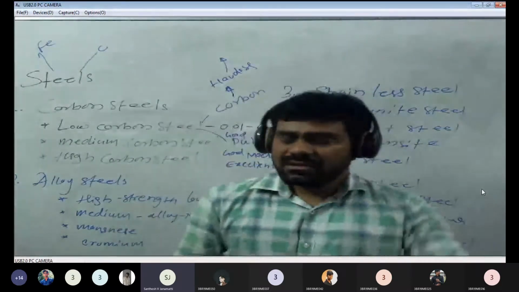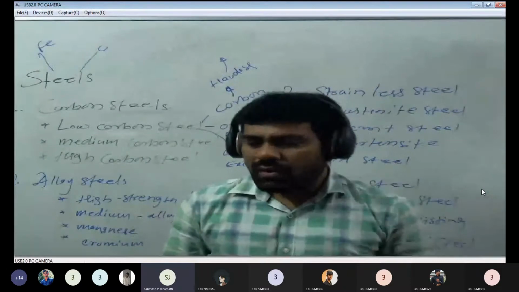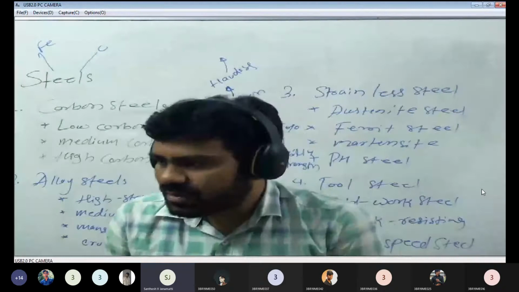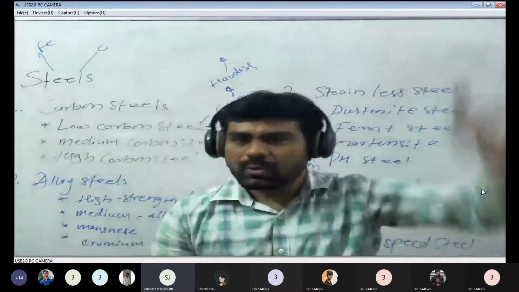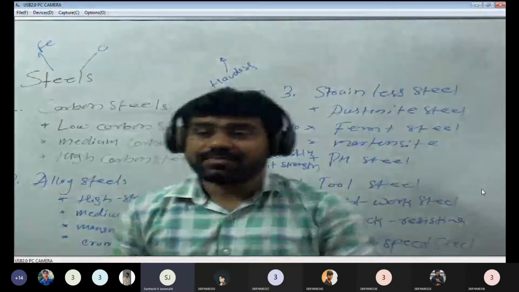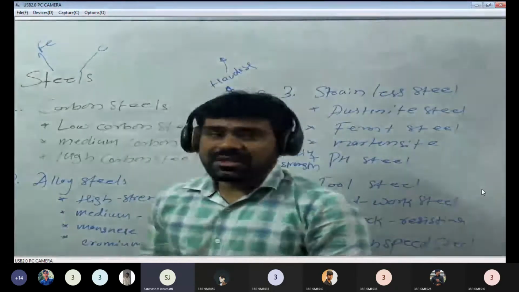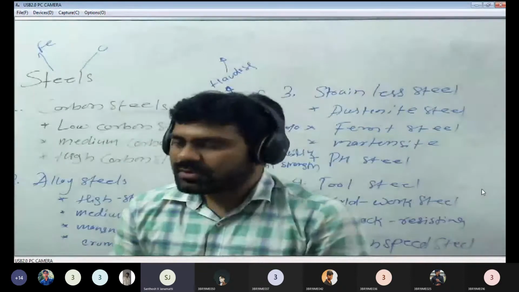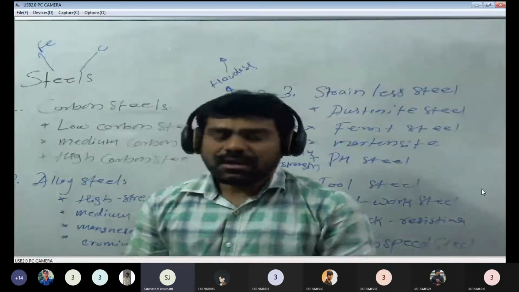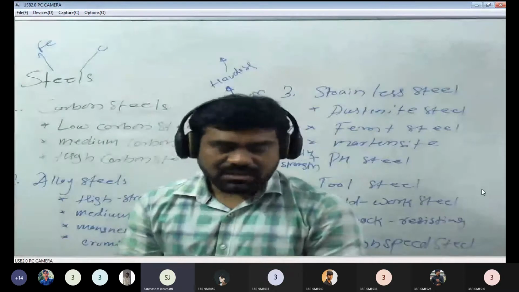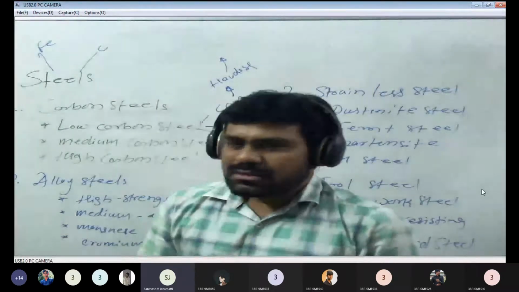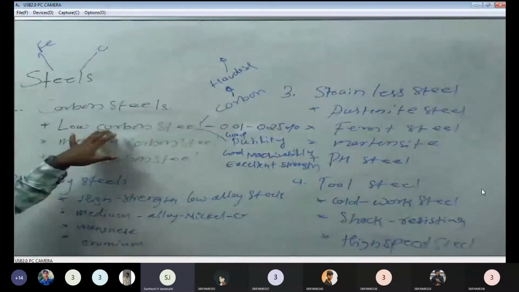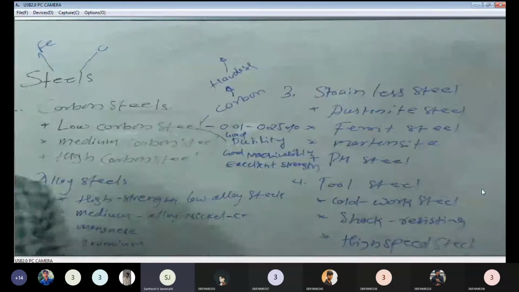One more major application is rods. All TMT rods are made of low carbon steels. TMT rods, which we use for construction purposes such as roofs, are reinforcement rods. In civil engineering, engineers use reinforcement rods, and all those rods are made from low carbon steels. Window grills are also made from low carbon steels. I hope you understand. These are the applications of low carbon steels: chairs, benches, almirahs, cots, and some seats are also made of low carbon steels, because it is a soft steel. These are the properties, and I also told you the drawbacks.